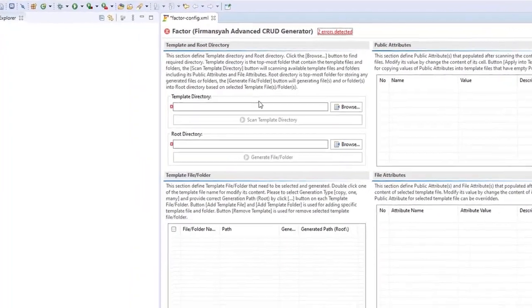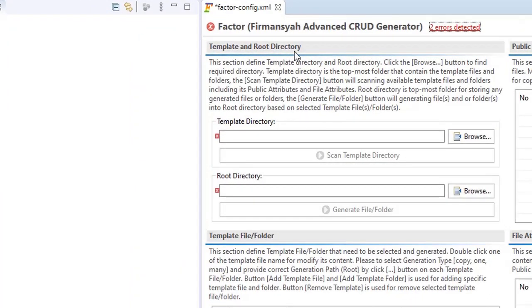The template and root directory section defines the template directory and root directory. If you click the browse button to find a required directory, you need to create the template inside that directory. The template directory is the topmost folder that contains the template file and folder.